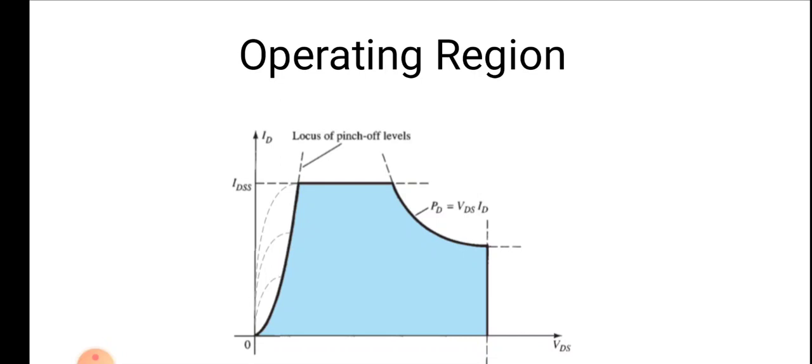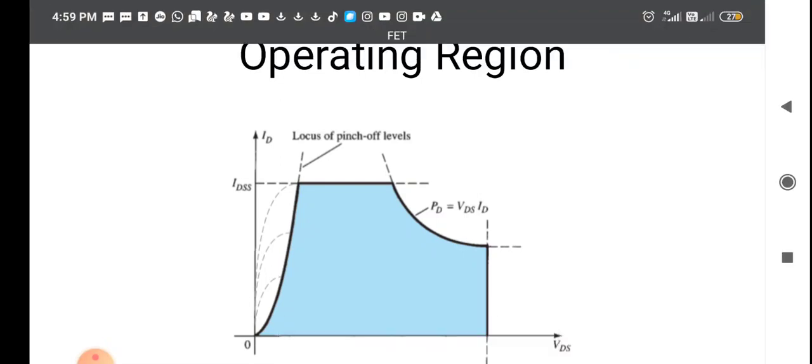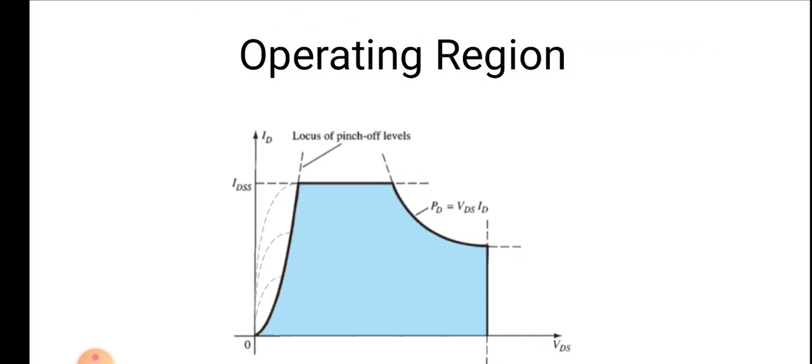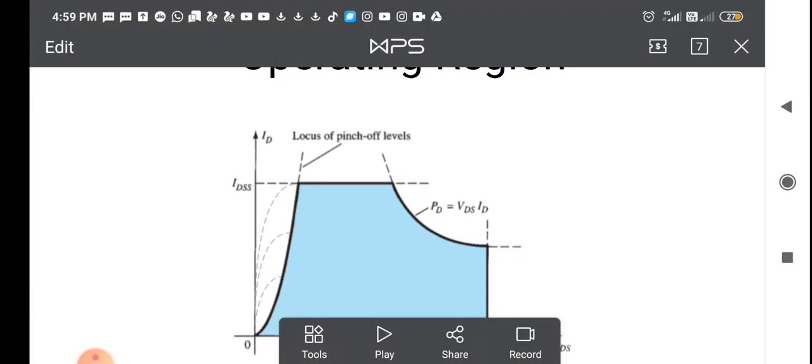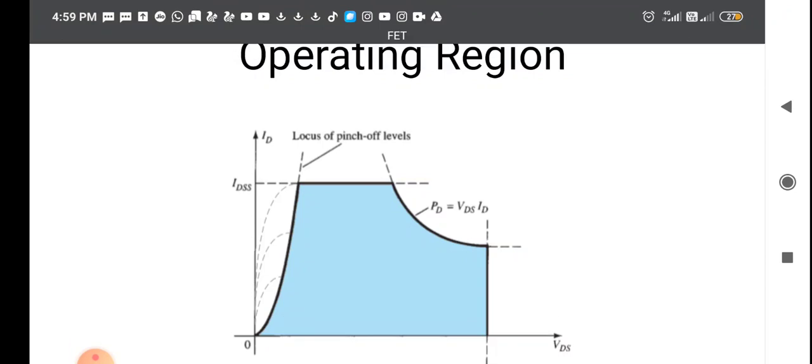So the manufacturer always provides the maximum power handling capacity of any active device. When we say power handling, you can see the formula is VDS into ID, that is okay. But another alternate formula can be V square by R, where R can be the resistance of the channel and the voltage applied across that channel, or the other formula can be I square by R, where I is the drain current and R is the channel resistance.